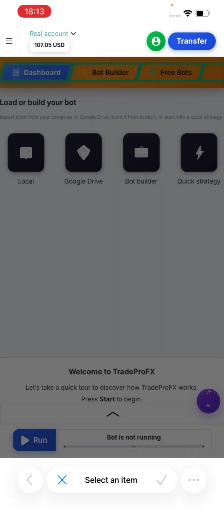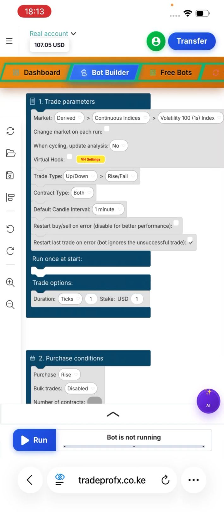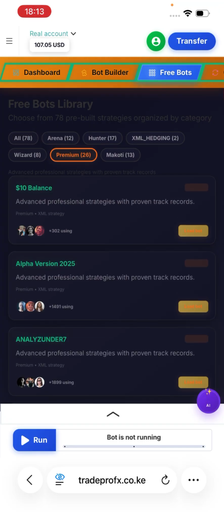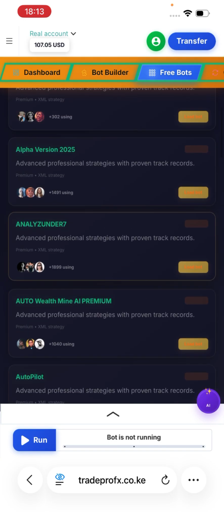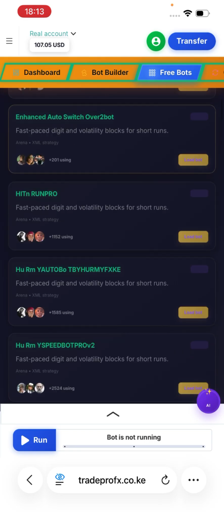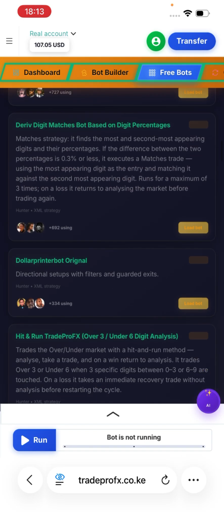In case you are using an iPhone, you can just clear these hidden dark things so you can proceed and use the bots properly. The bot is under all 78, so you just have to click all 78, not here. So we want to use all, then you go down, and we have the matches,